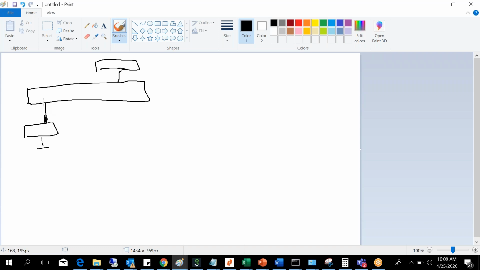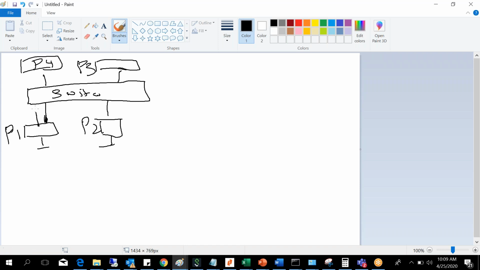So the first thing is the port numbers. This is the P1 port number, and this is the P3 port, for example. Here is another host, that's P2, and here is another host connected to the P4 port number. Switches have port numbers. Okay, switches have port numbers. So whenever you want to communicate